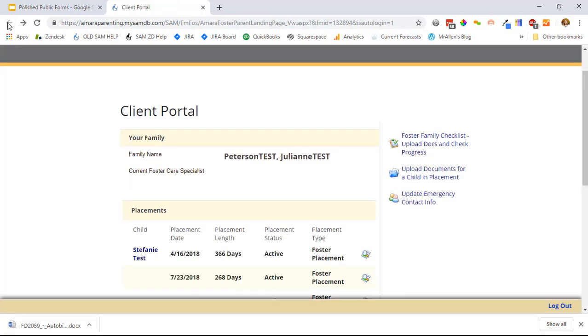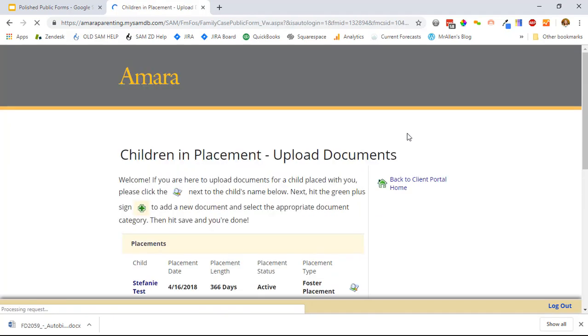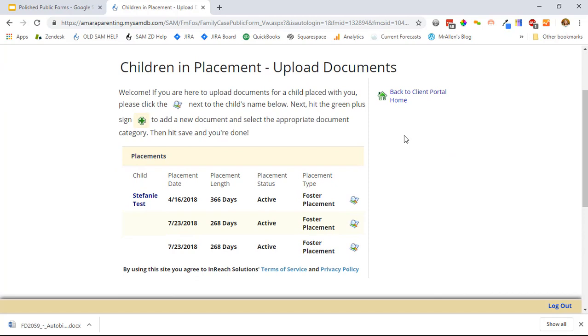The other thing that Amara has set up here is for documents to be uploaded underneath the child. They've got it in 2 separate spots, but I believe it's taking you to essentially the same thing. This upload documents for a child in placement is going to take the family direct to a list of all the placements in their care. And then they've actually provided icons for the family in their messaging so they know exactly where to click